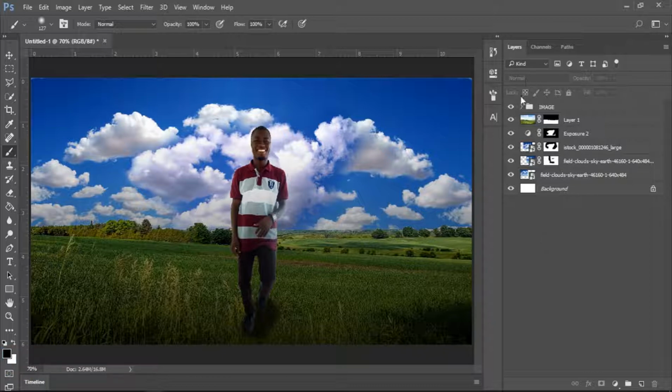So now that we are done creating our image, let's move on to step 2 where we will be animating our image. So make sure you watch the next